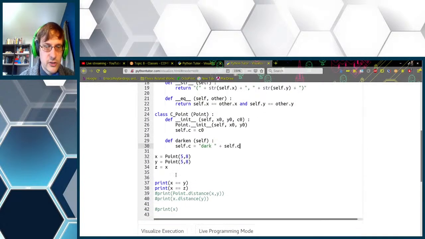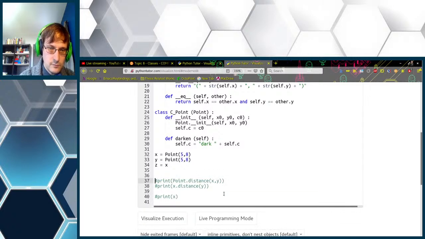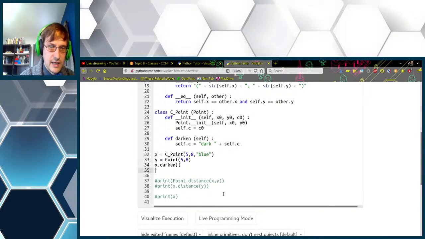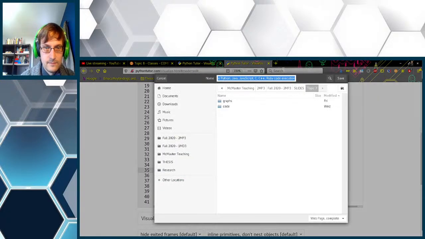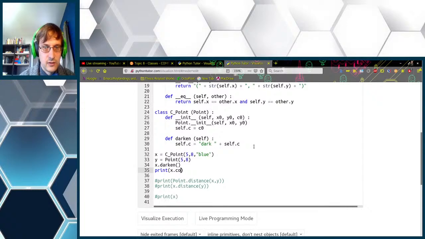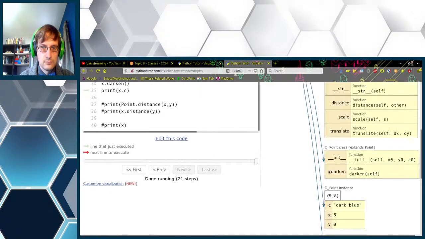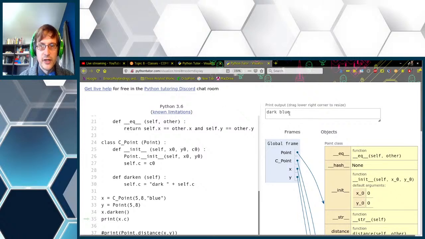So if we wished to define x as a C point, and it is blue, and we then call x.darken, and then we print x.color. Please forgive the American spelling, or x.c. You can see that we get dark blue as a result. So there you go.